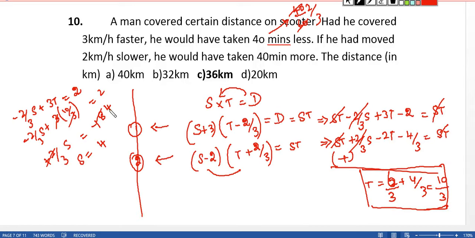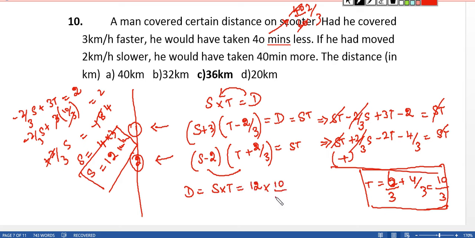So speed is nothing but 4 into 3, which is equal to 12 km per hour. Okay, this is our speed. Our speed is 12 km per hour, and our time taken is 10 by 3, and they have asked the distance in kilometer. So distance is nothing but speed into time. Our speed is 12 km per hour and our time taken is 10 by 3, so the distance would be